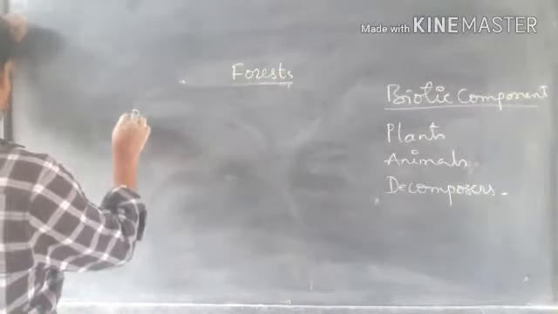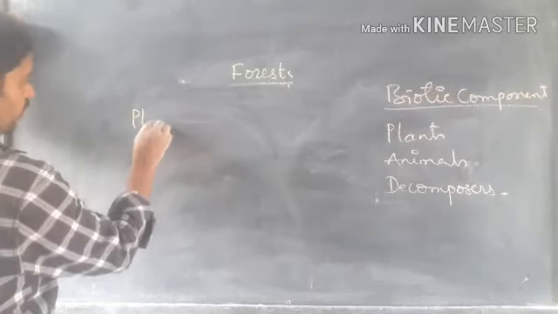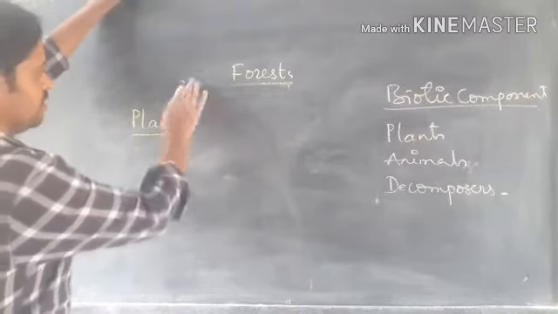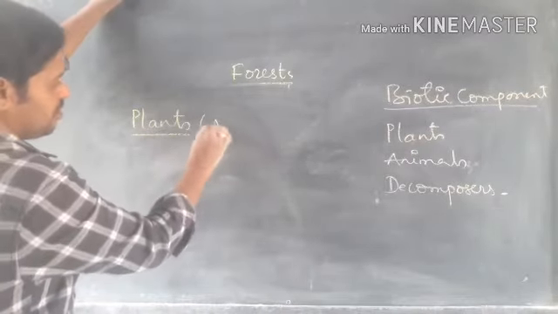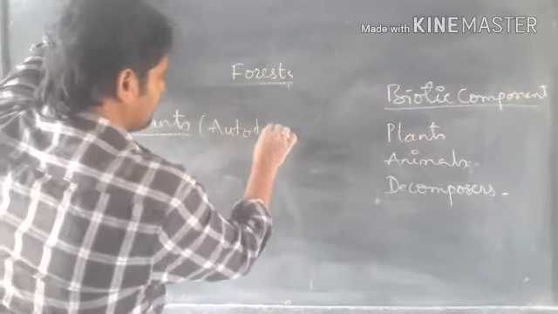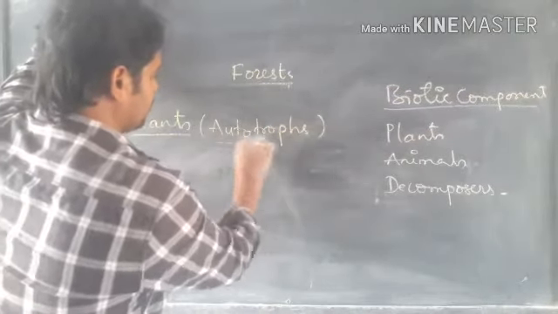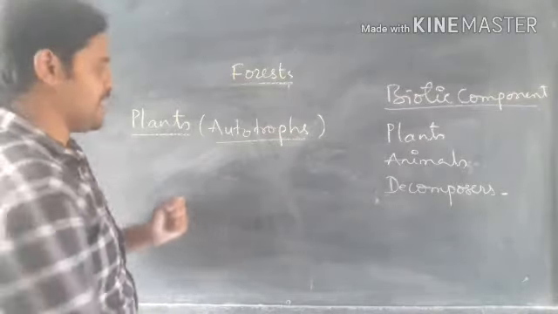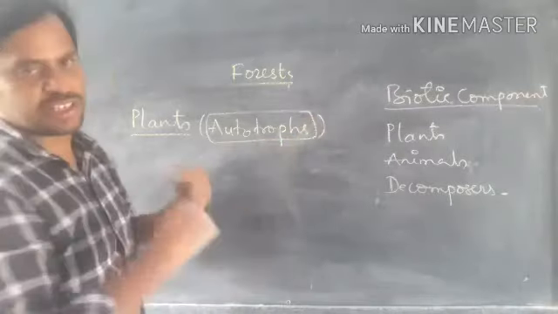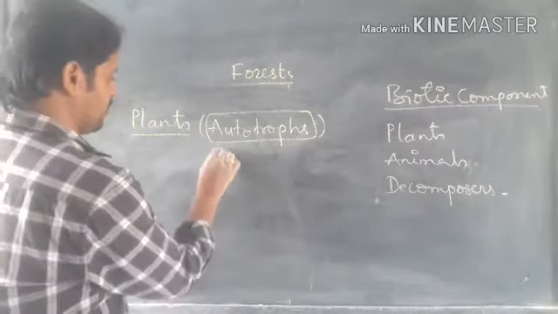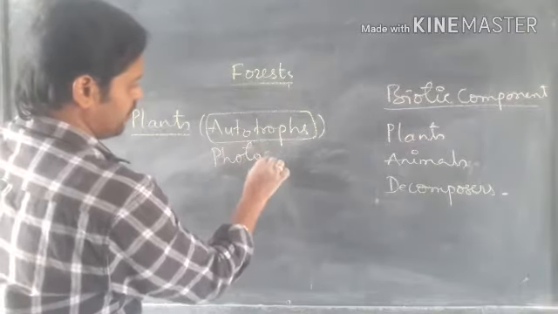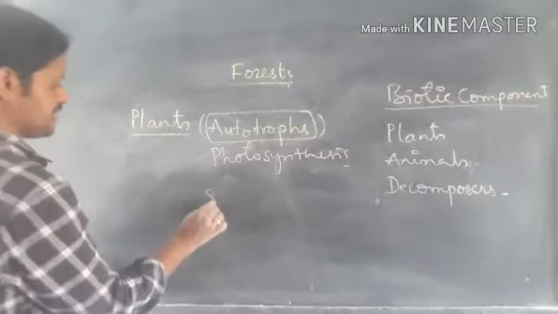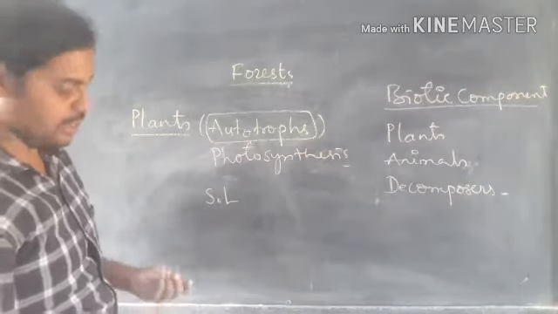Plants. What are called plants here? Plants are naturally autotrophs. What does it mean? It can prepare its own food material. It does not depend upon others for food. Why? Because it has the capacity to produce its own food by the process called photosynthesis. How does it perform photosynthesis? In presence of sunlight,